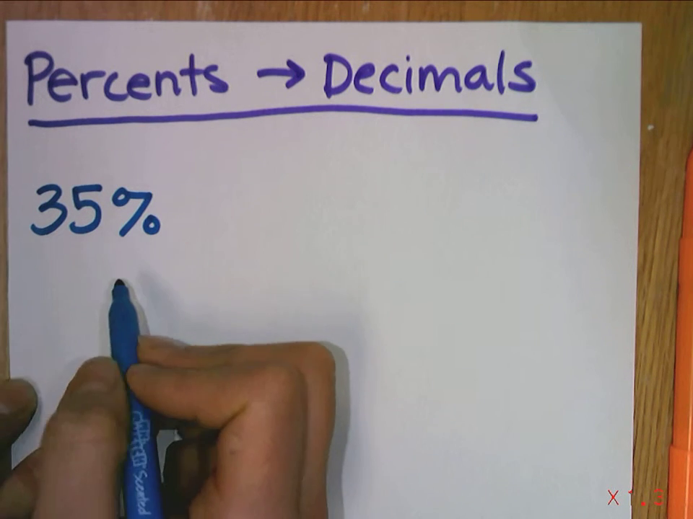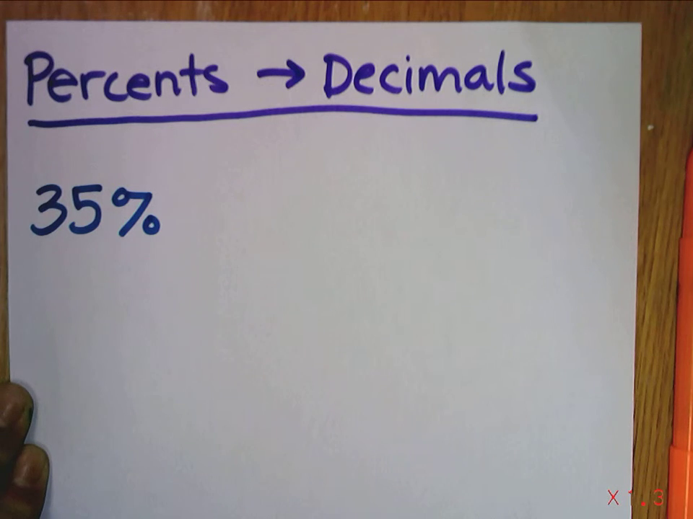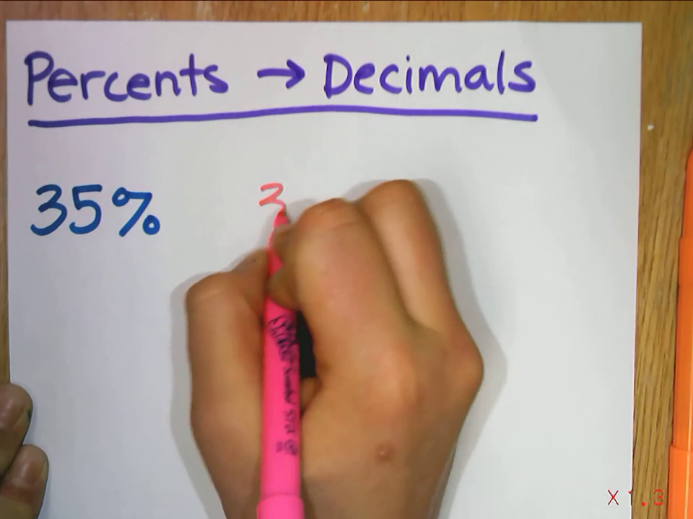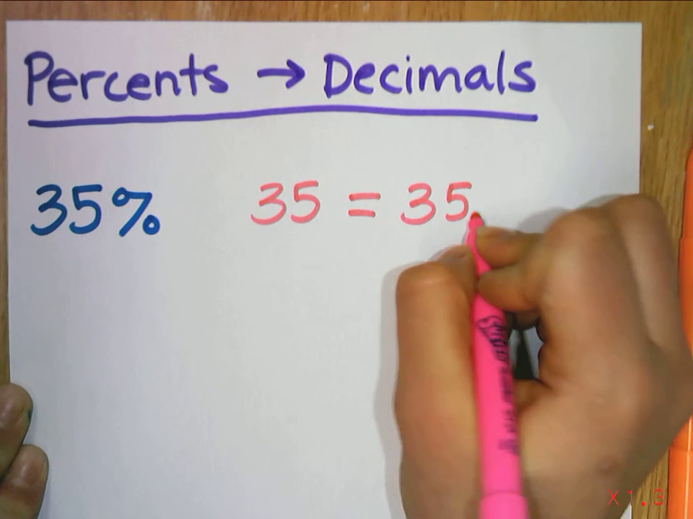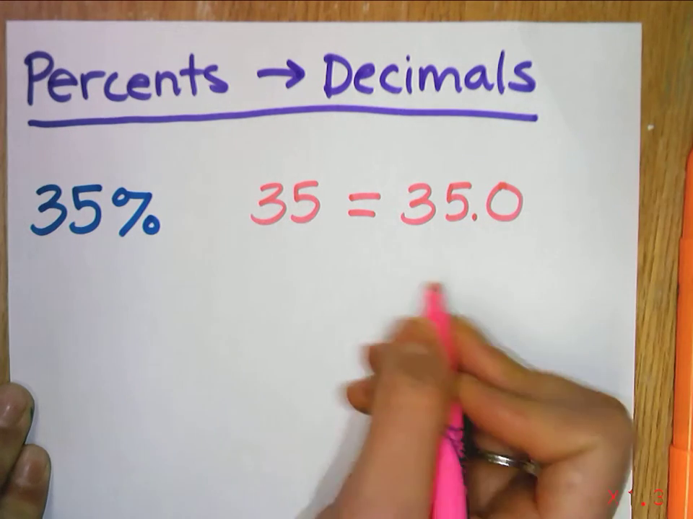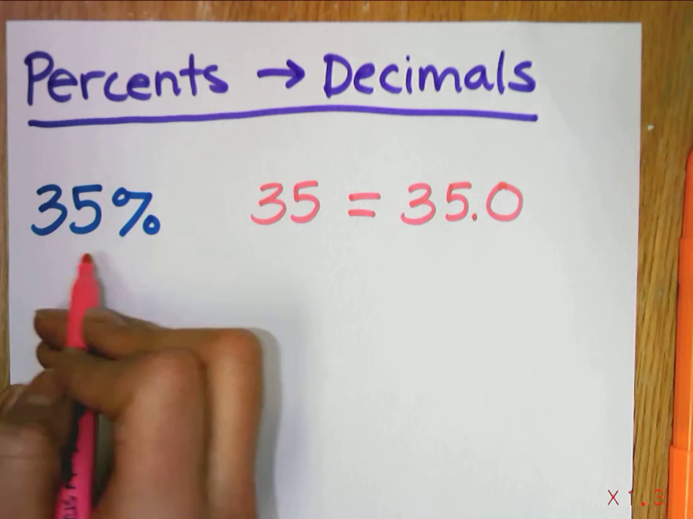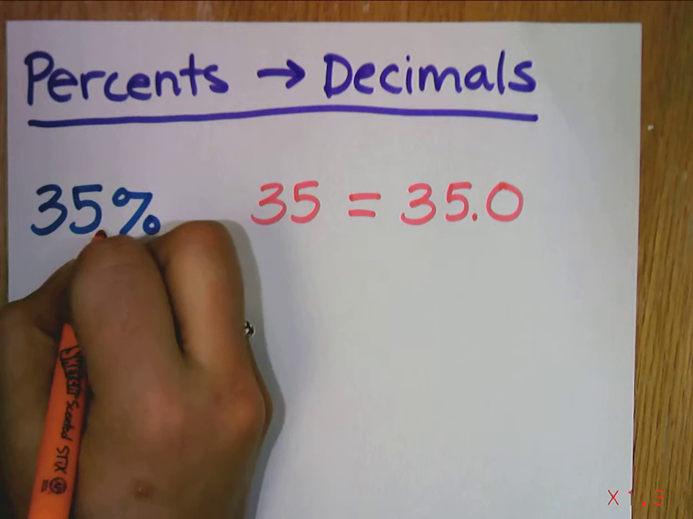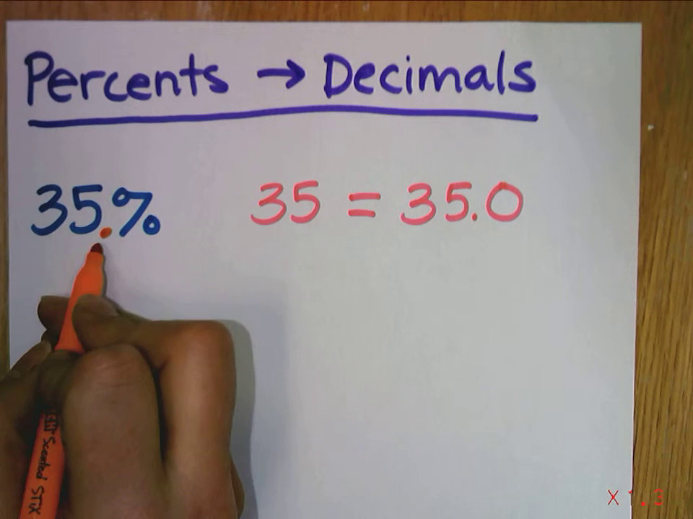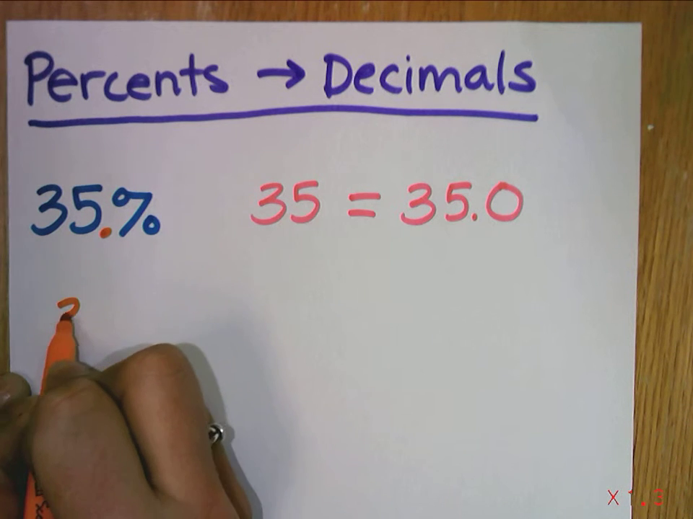Next, I would like you to imagine where the decimal place would be in this percentage. Remember that 35 is equal to 35.0. They're the same number. So we know that the decimal in 35% is right here. 35% would have a decimal after the ones place. We could also write 35% as